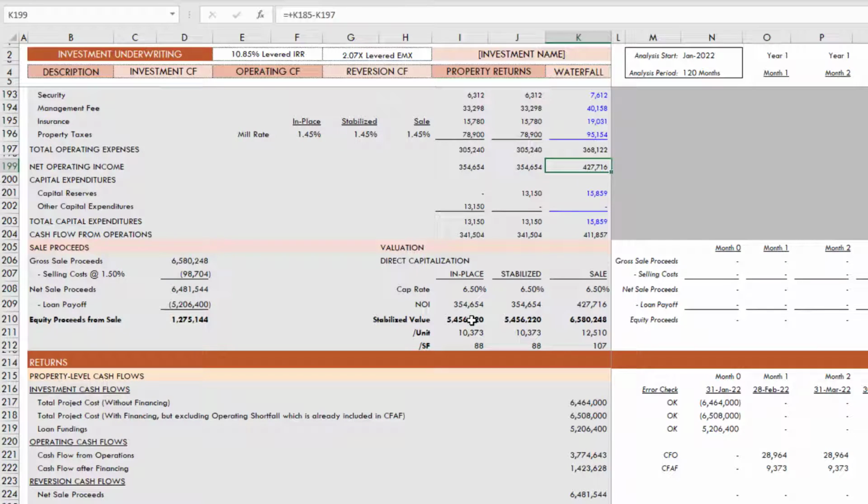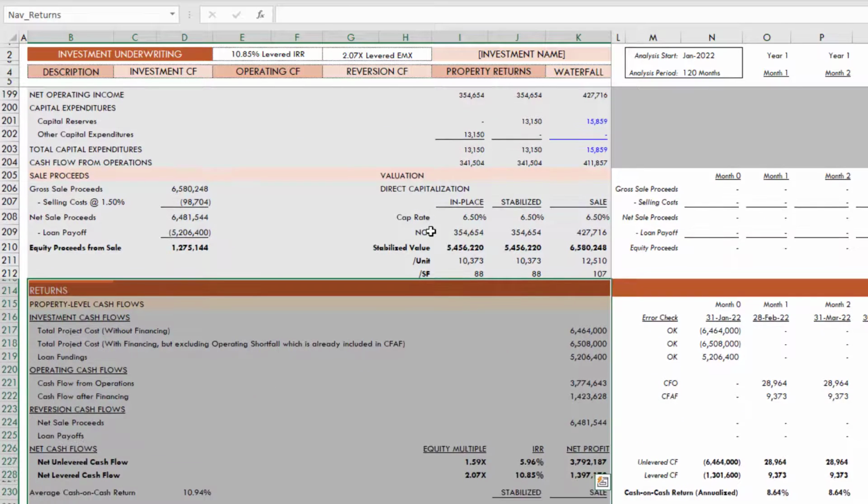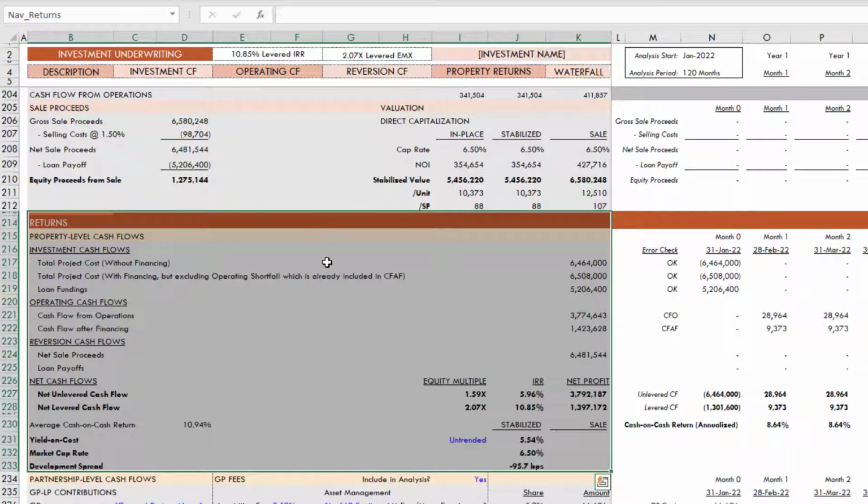And then we see the value here: stabilized value in place, value in place, value stabilized, and then value at sale 10 years from now. And you see the per unit and the per square foot in the case of US deal. So that's the reversion cash flow section. Not finally, I guess, but the end of our property level